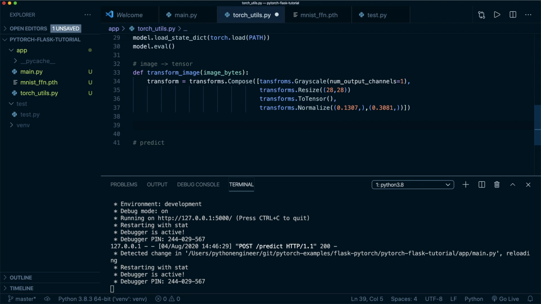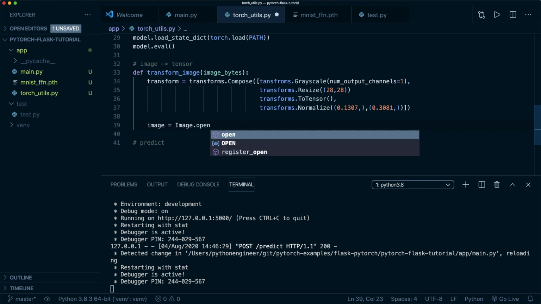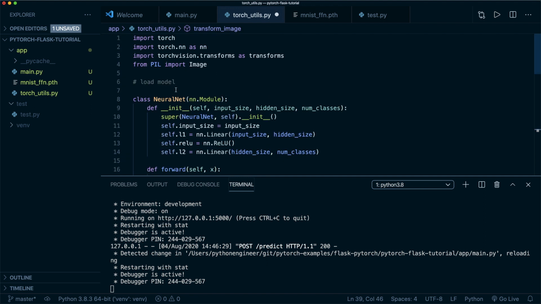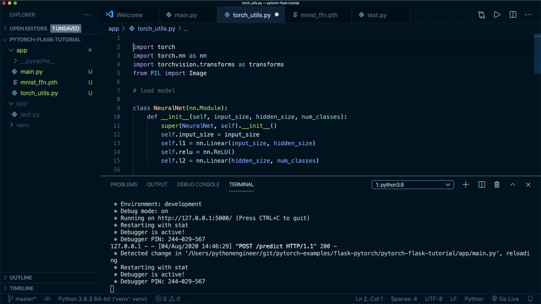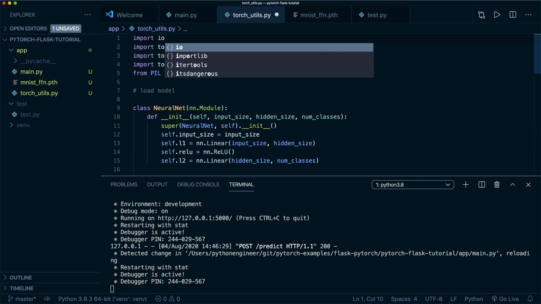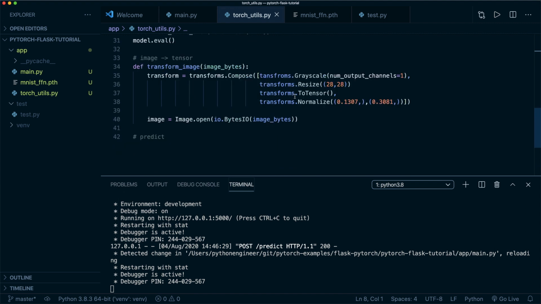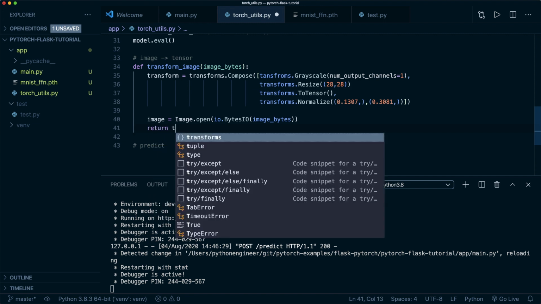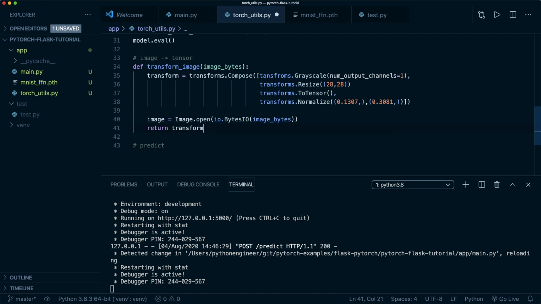First of all, we want to create a Pillow image from the image bytes, and we can say Image.open and then io.BytesIO and then our image bytes. For this we need to import io, to handle output streams. And then we want to apply our transform and then we can return it. So we say return transform and then our image, and we also say unsqueeze